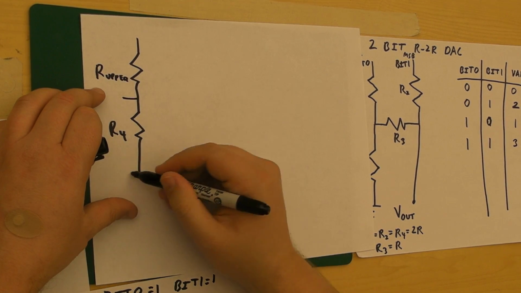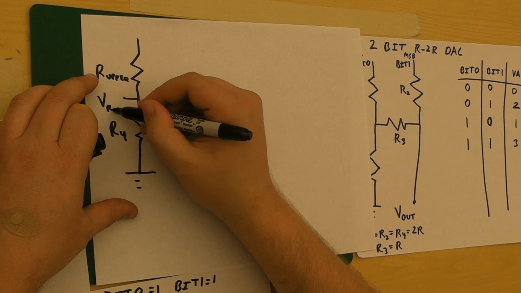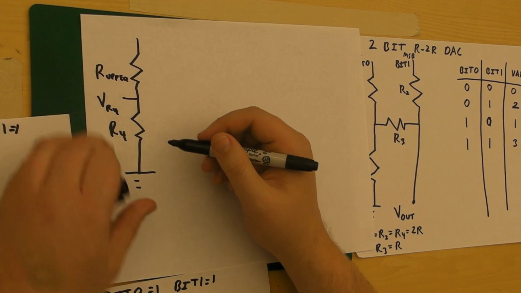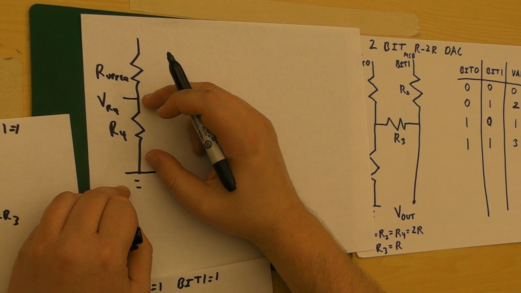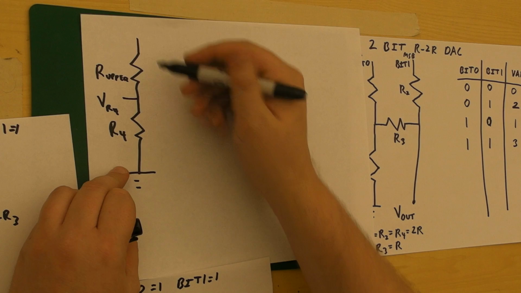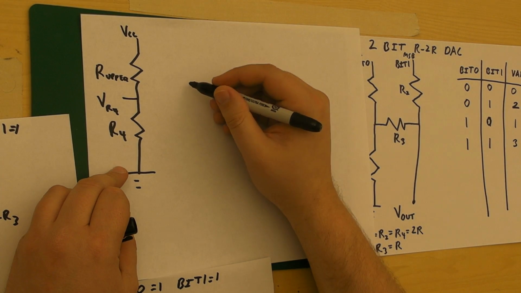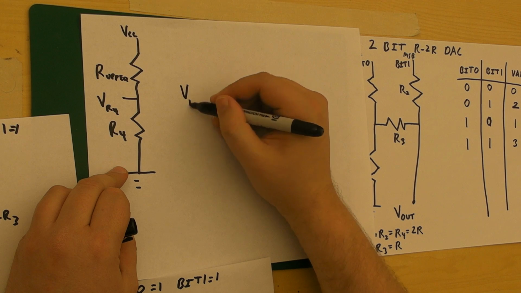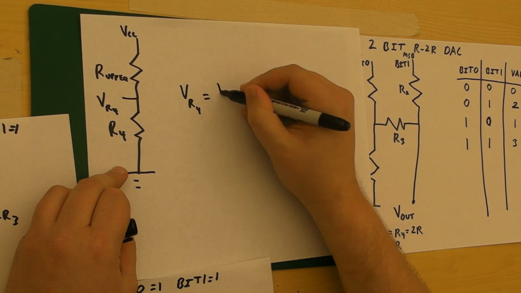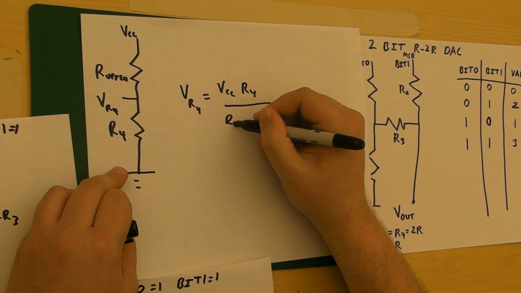And I'm going to call this, for convenience, the voltage drop across R4. In other words, from here to here, I'm going to get a voltage drop between this and ground of VR4. Again, this is VCC. Well, we've done this many times before. We know that VR4 is going to equal VCC times R4 over R upper